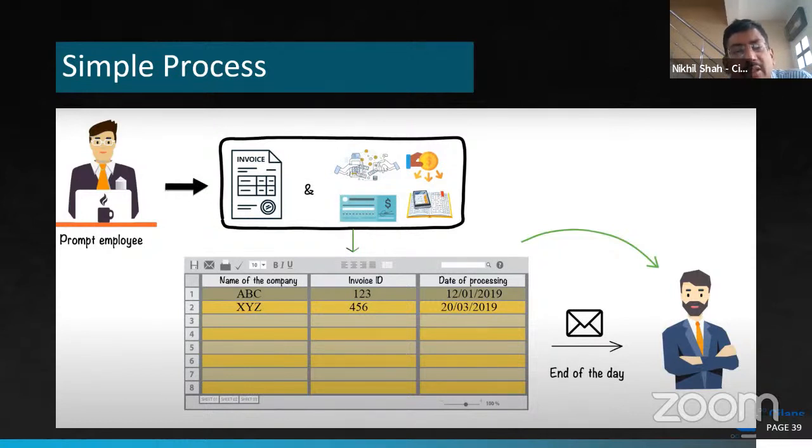So they will open the invoice, and they will enter the data into Excel or some database. They will make sure that GST has been properly calculated. They'll make sure that the date is proper, whether the signature is proper, whether the GST number has been written or not. Basically, they'll make sure that the calculations, total, everything is in place. Then after doing all this data entry, they will pass this data to the supervisor, who will again double check it. Then it will be sent to the accounts payable department, who will approve, say, this person should be paid 2 lakh rupees, and they will issue the check.